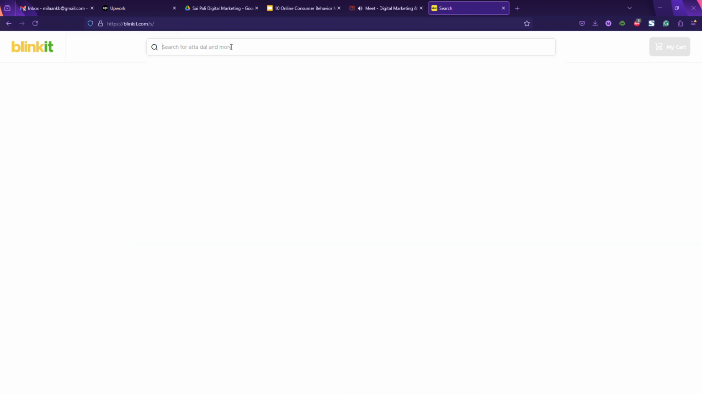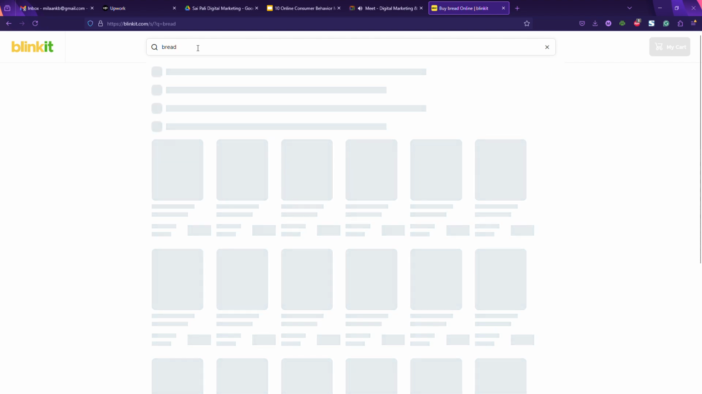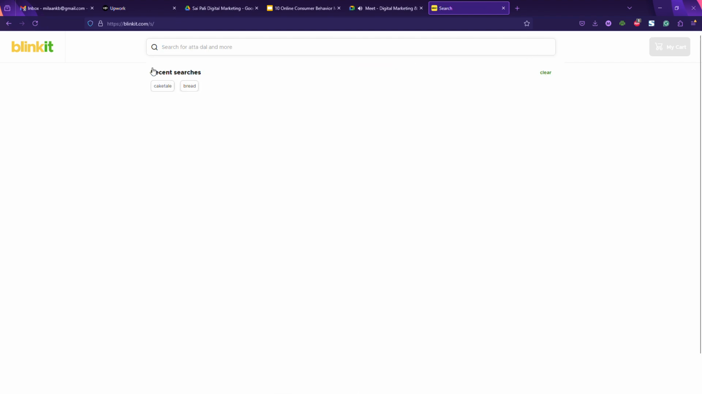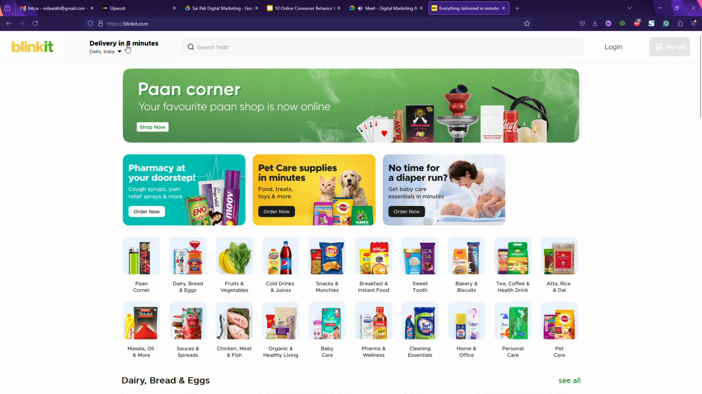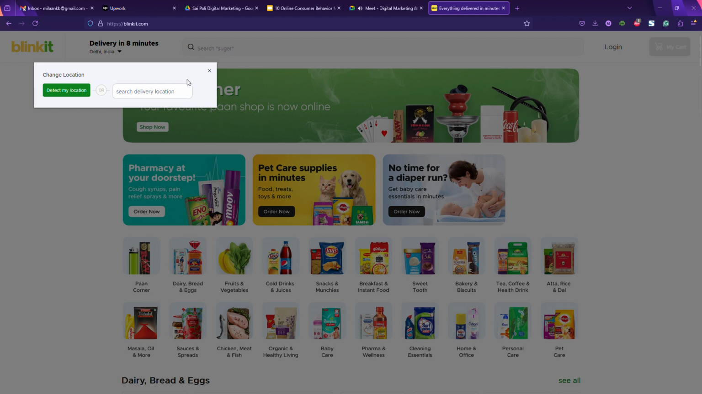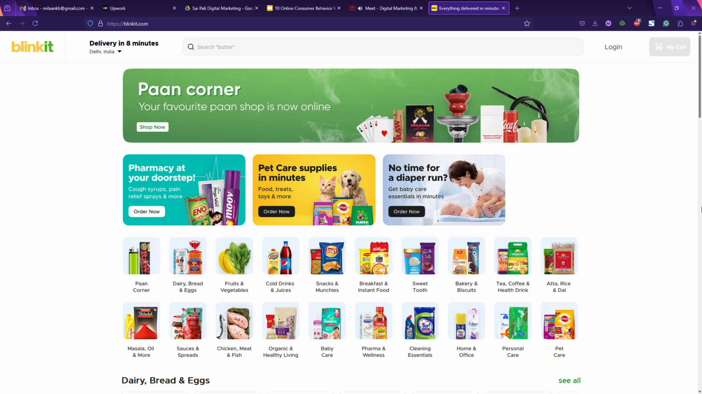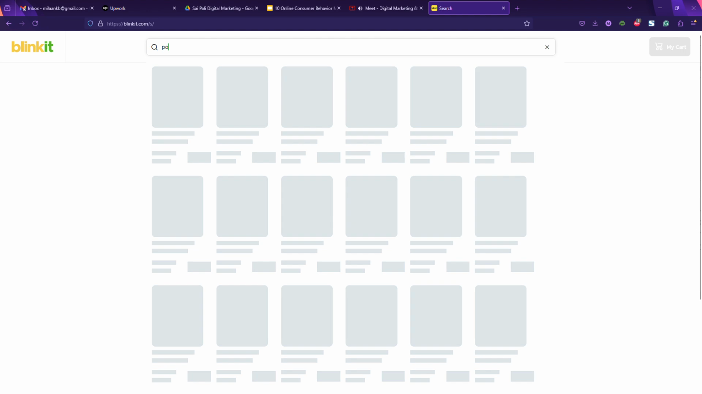Delivery in 8 minutes. Oh, this is in New Delhi. I'm not in Delhi. Delhi is the capital of India, so things are way faster. They have more partners in here. So let me try Guwahati. Oh, Blinkit is not there in Guwahati. Okay, anyways, let's say we are in India and we are getting delivery in eight minutes, which includes